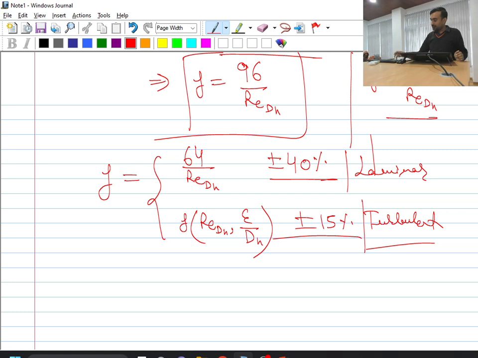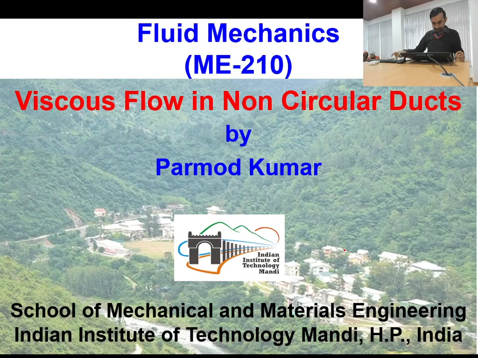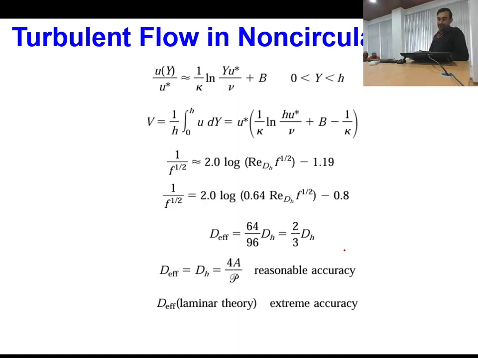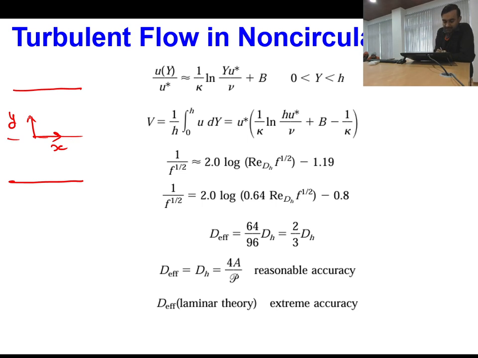Okay. So for turbulent flow, once again we will be using the logarithmic velocity profile. Okay. So what is the logarithmic profile? Now one thing I am writing over here, capital Y. Why I am writing capital Y? Let me tell you. So this is the situation. This is center line. This was my small y and this was small x. Okay. So whenever we write this logarithmic velocity profile, we have to measure the y parameter from the wall. So if small y is from the center, then I can say capital Y is my